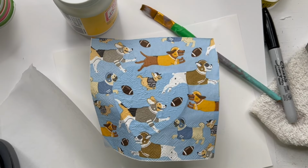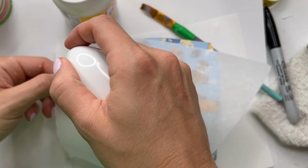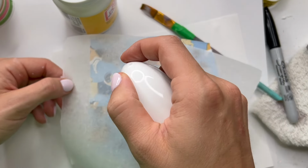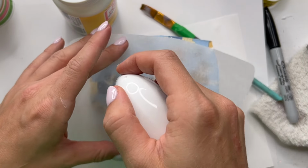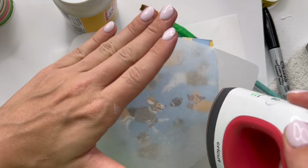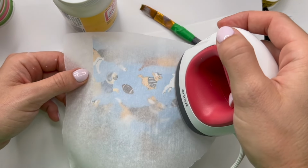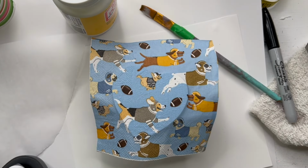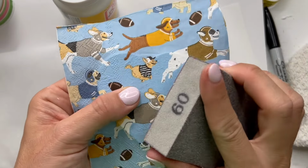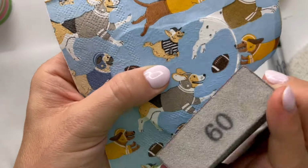Once the napkin is placed, I waited about 10 minutes for the Mod Podge to dry a little bit, and now I'm going to use some heat to really smooth out the napkin and make everything look really nice. So you can use either an iron that you would iron your clothes with, or you can use what I'm using here. This is the Cricut Easy Press, and I have it on the medium heat setting. I'm using a piece of parchment paper too in between the iron and the napkin, just to make sure I don't burn anything. And I'm going to go over it really quickly. You don't want to leave the heat in any area for too long. You just really want to use the heat to smooth all the wrinkles out,